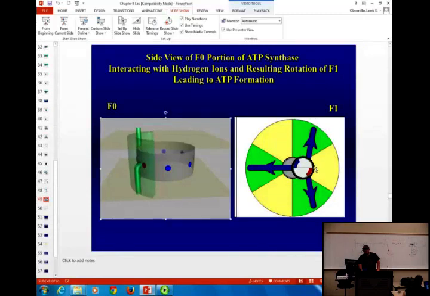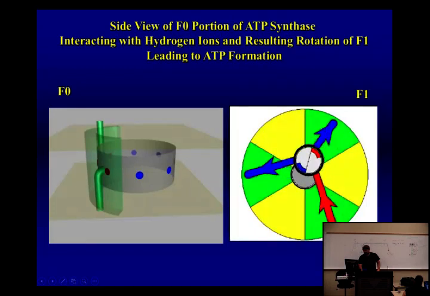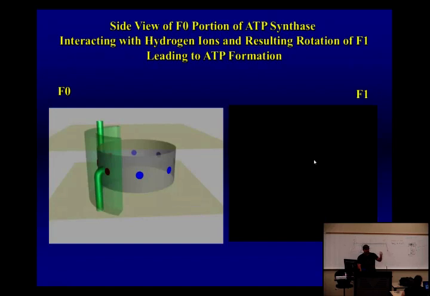So these are some other videos which I'm sure will not work. This is just another model that shows you the rotation. You may be able to get it to work if you have a Word viewer earlier than 2010, which is what this one is. Oh, it's going to work for a second. This is just showing that what goes in is ADP and phosphates, and then what comes out is, what do you think? ATP.